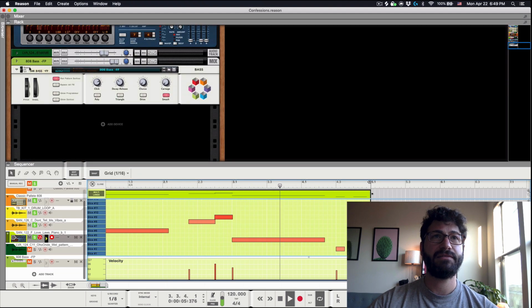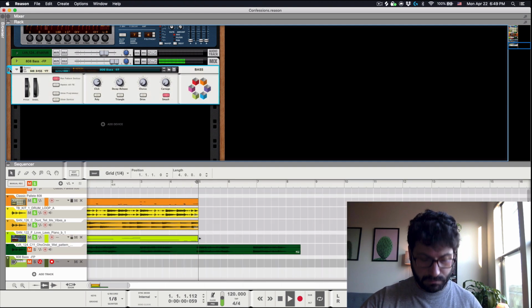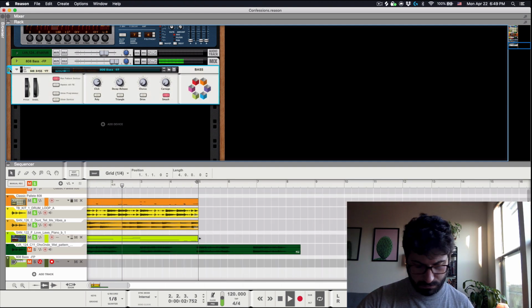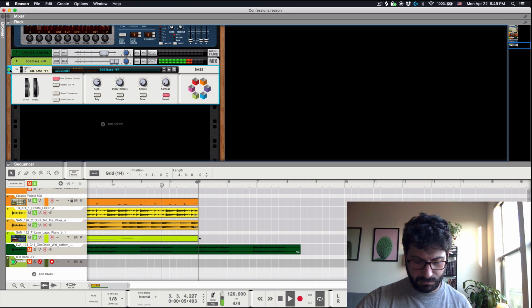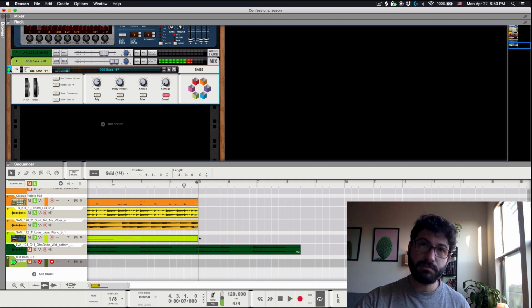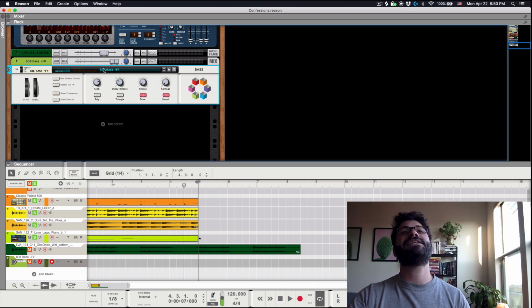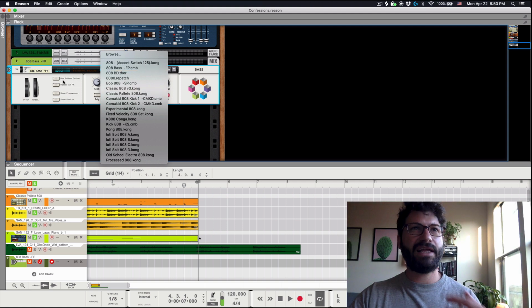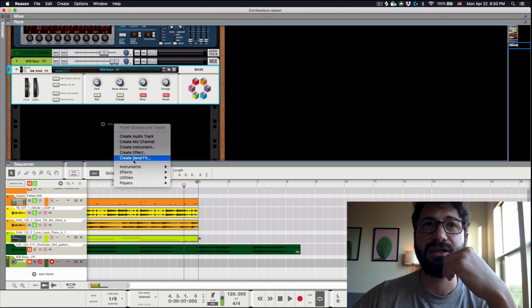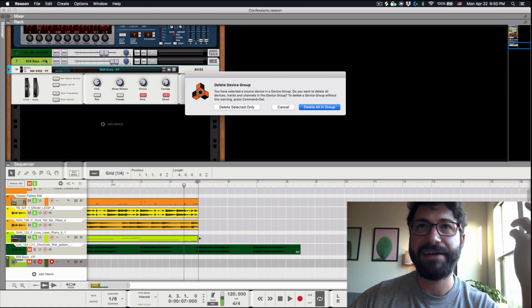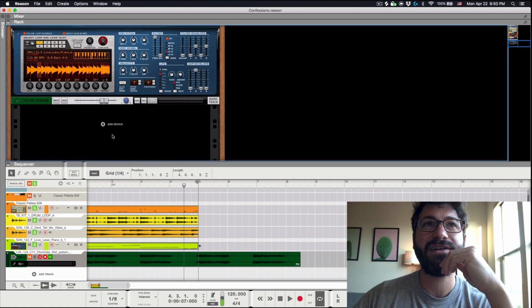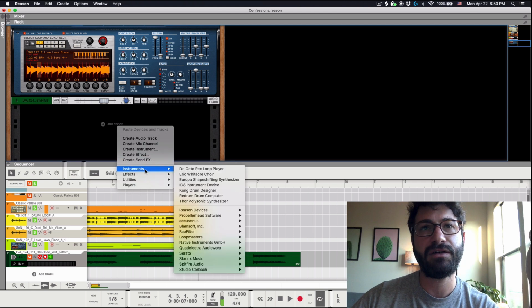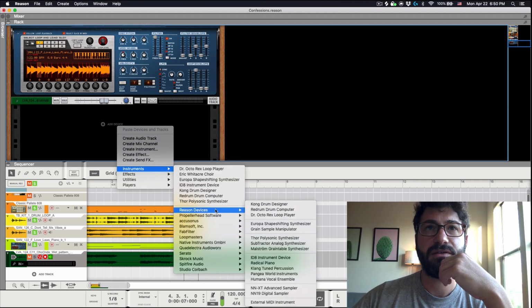Now we gotta do the bass line. So this 808 I don't think is the right sound for this because it's already got a bit of a bell-like tone to it, and that's not really what we want here. We've got vibraphones and things like that that already have a bit of a bell sound. So I want something rounder. So I'm going to go with,